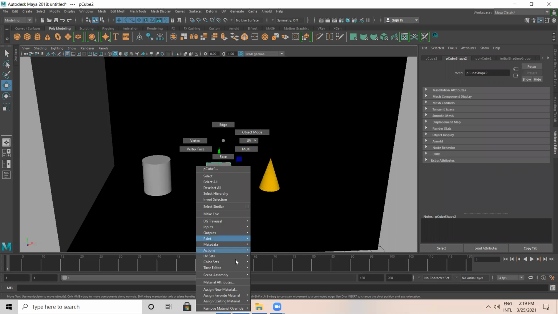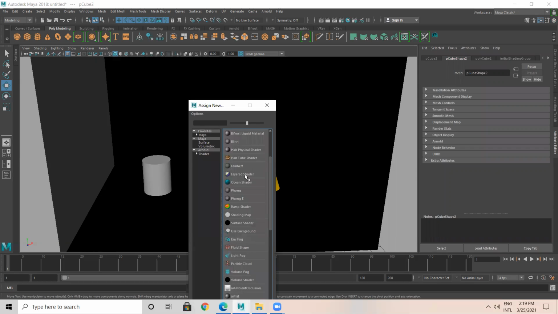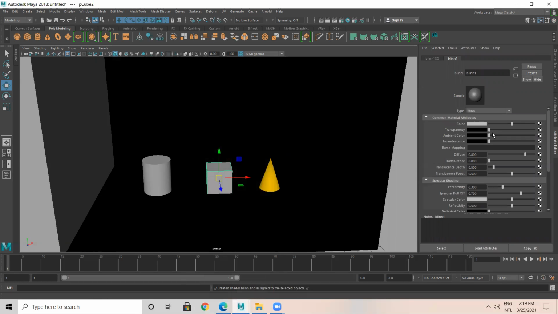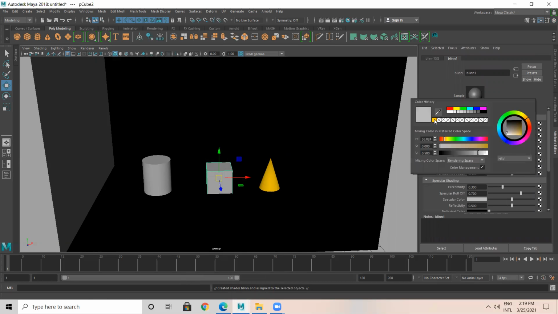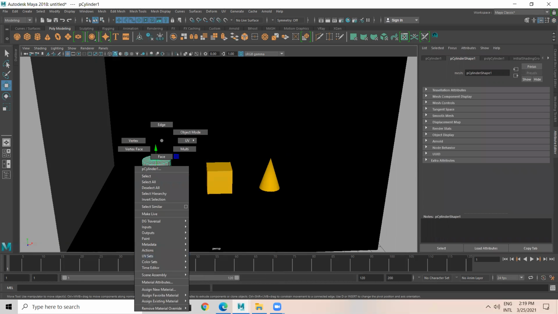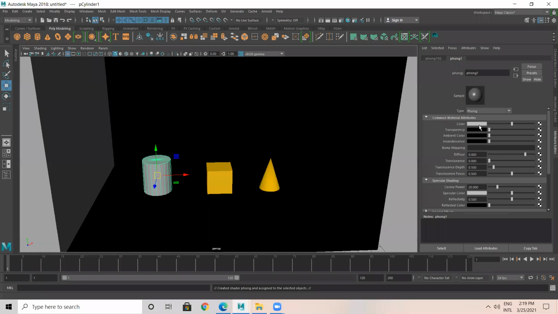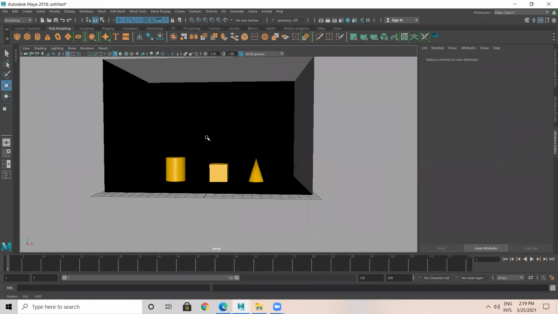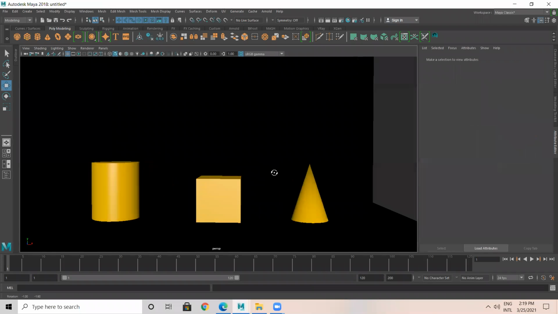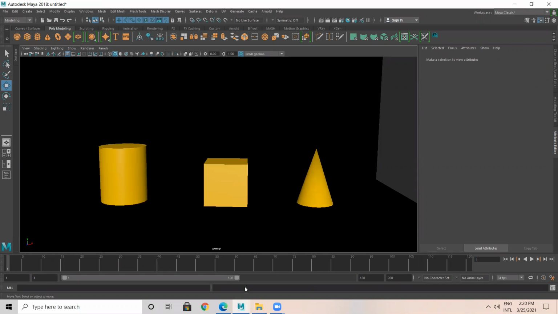Now I'm selecting this and I'm applying another material. This I'll apply Blinn. Different material, color is same. Okay, I take the same color. Then this one, I apply new material. I have taken Lambert, I have taken Blinn. Now I'll take Phong. For Phong, I'll use the same color again. It's the same. Okay, color is same for all of them. So now let's see the Lambert, Blinn, and Phong I have applied.